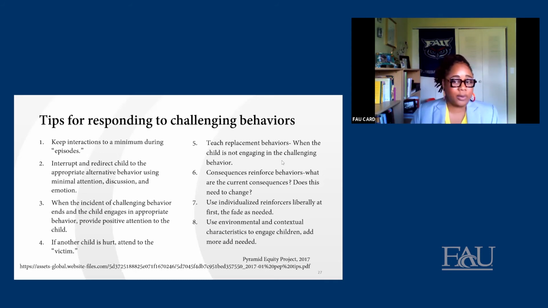We need to look at consequences or reinforcement for behaviors. So certainly sometimes we think we are applying a consequence that is intended to reduce or get rid of the behavior or extinguish the behavior, but in fact it doesn't do that. It serves a function for reinforcing the behavior. We talk about children who are loud or not engaging appropriately, and then we tell them move away from the activity for now. So that consequence then serves as a reinforcement for the loud or inappropriate engagement